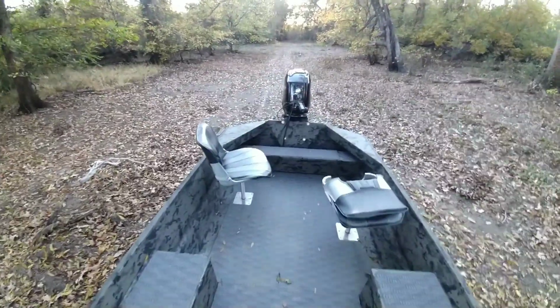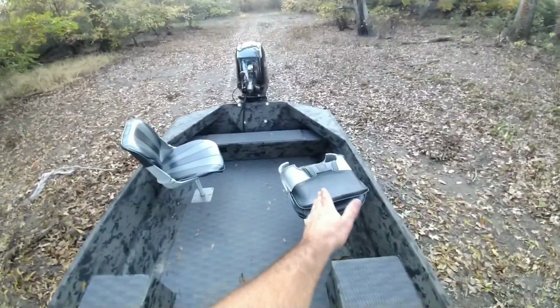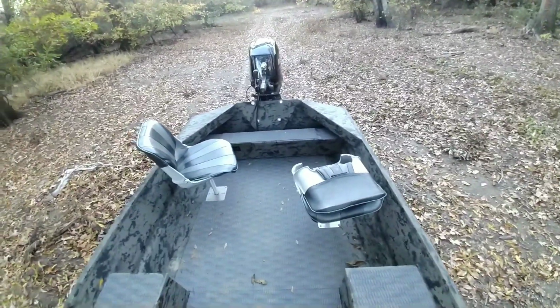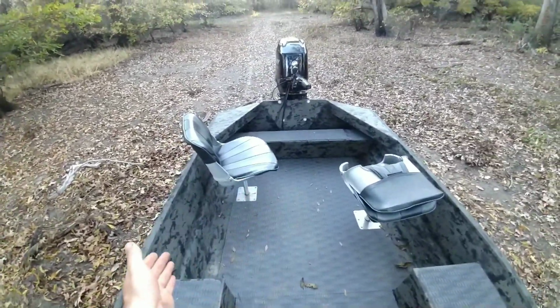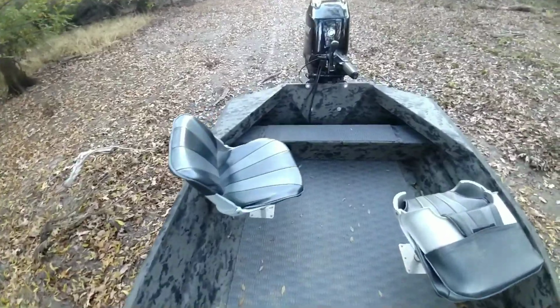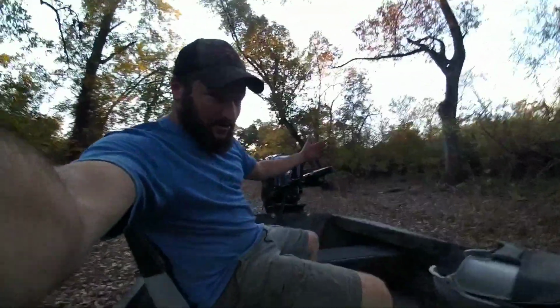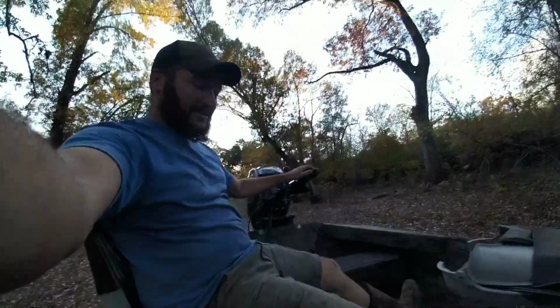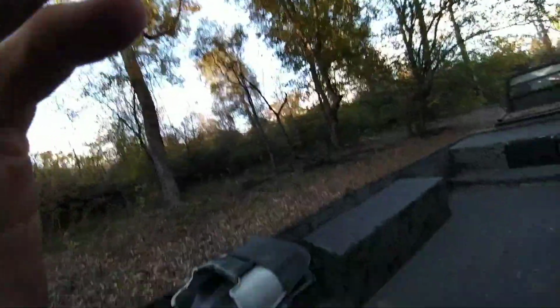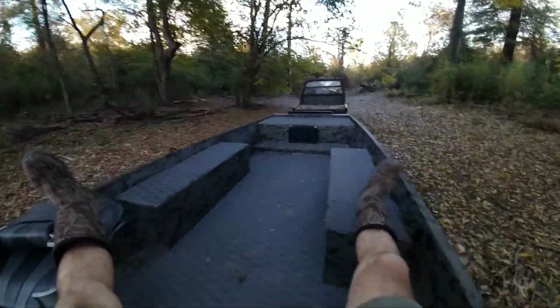All right, I got it over in a wide angle now. On my last boat, I had the pod on the right and pod on the left, and I was like, man, I'll never have another boat that's not like this. And I was wrong. This is essentially the same thing, but what makes it great is with these, I can kick. When I'm riding, I rode 70 miles yesterday. I'm comfortable like this, like this, like this. It doesn't matter where you are. It's comfortable. Obviously, there's someone riding there, you're not going to put your feet there. But up here,